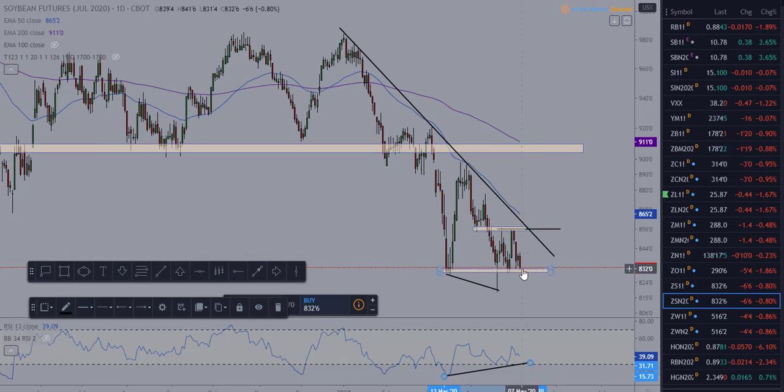So if we rebound, we can hold these areas here, bounce back up, break above the number 2, and pull back and hold that level. That's also going to be clearance of a long-term trend line going all the way back to December 2019, January 2020. So we're talking about 5 months or so that trend line has held. And then another thing we want to look at